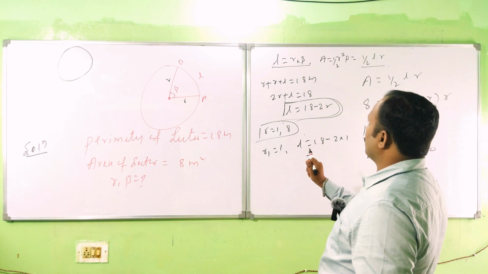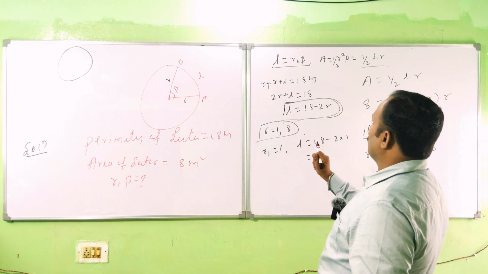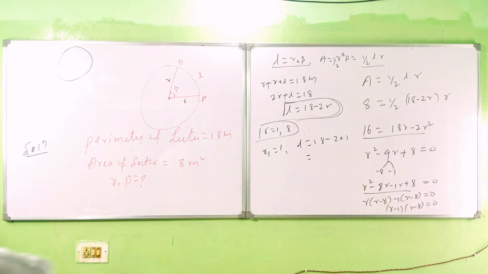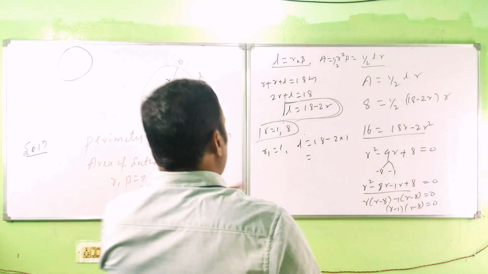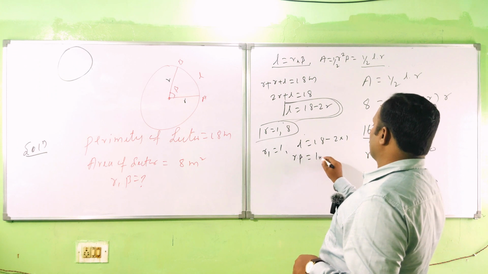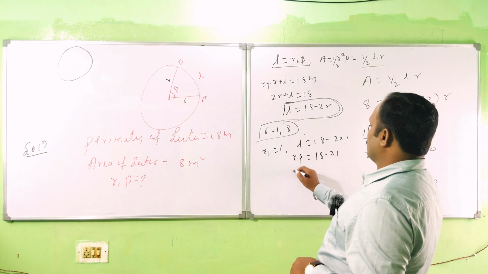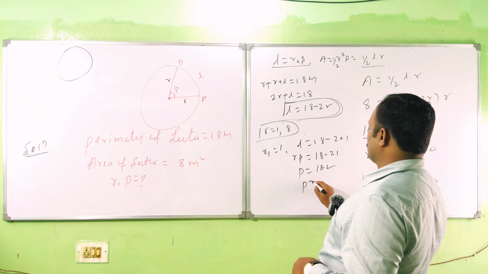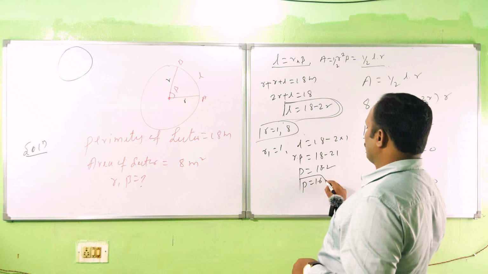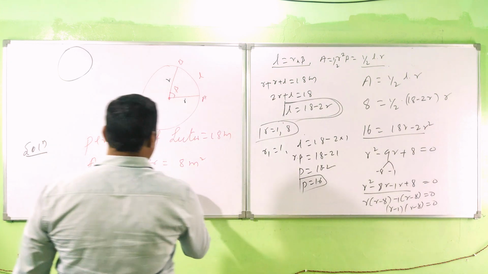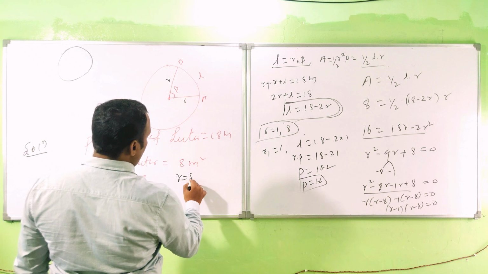Okay, we want the beta, no? We want beta. This L you can write r into beta becomes 18 minus 2 into 1. Here r is equal to 1, so beta is equal to 18 minus 2, beta is equal to 16. Angle is 16. Remaining condition, if r is equal to 8, then